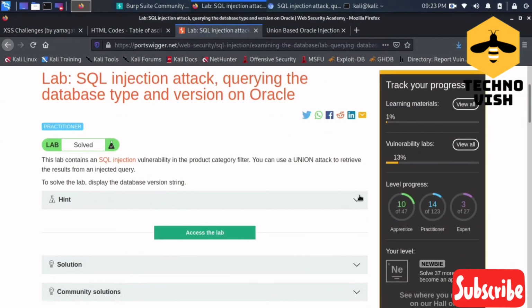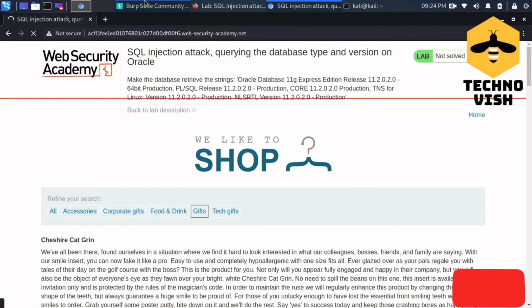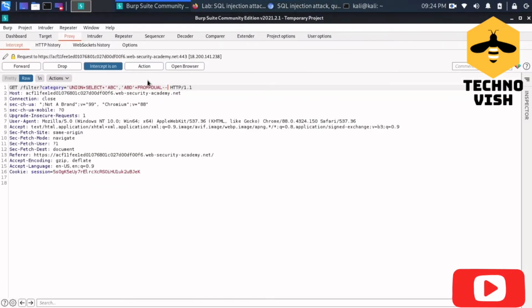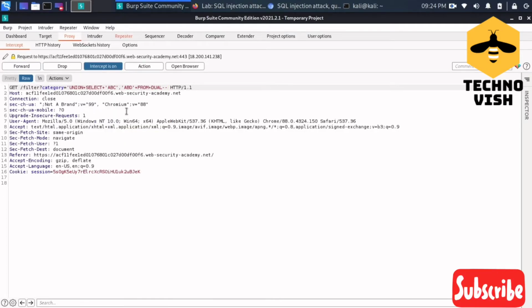In the hint section you can read this properly, like a built-in table in Oracle called dual, so we can use it as dual here. This is the from dual, and I'll just intercept this. I already intercepted, right?